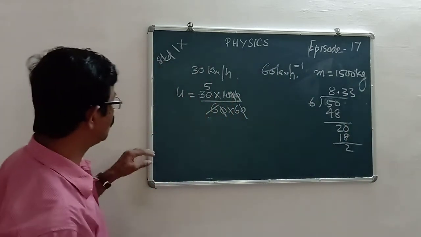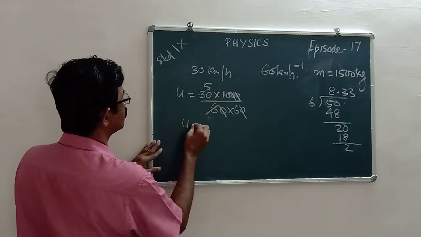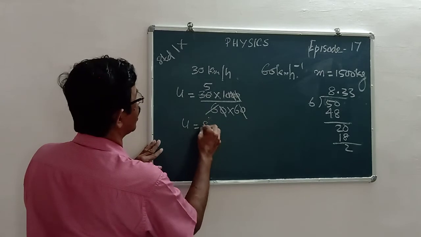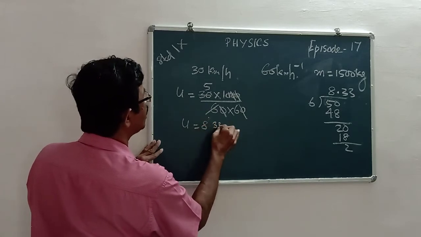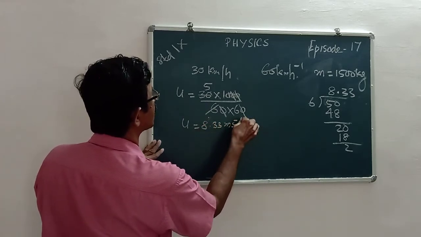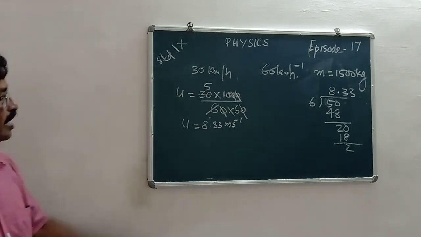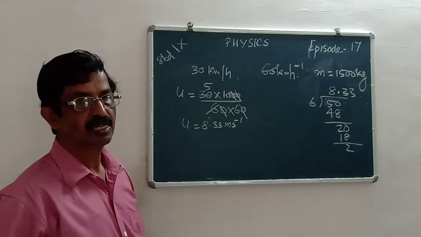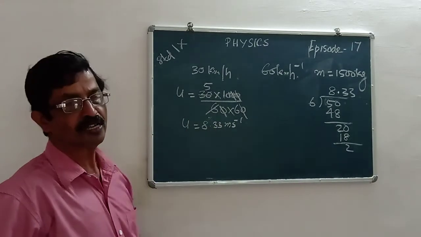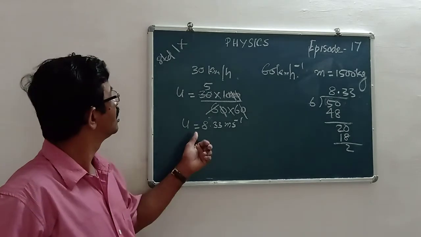So its speed u is equal to 8.33 meter per second. This is the initial speed of the car,